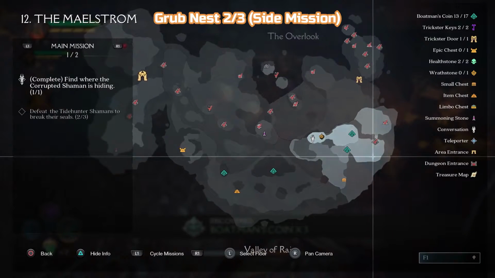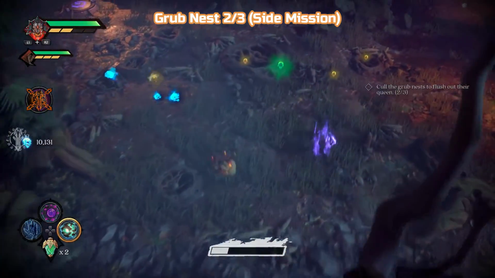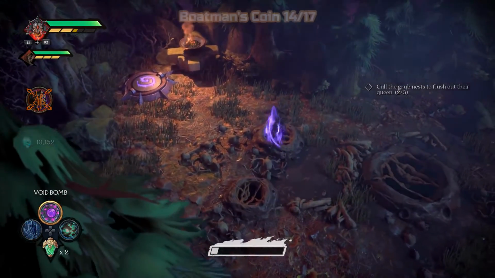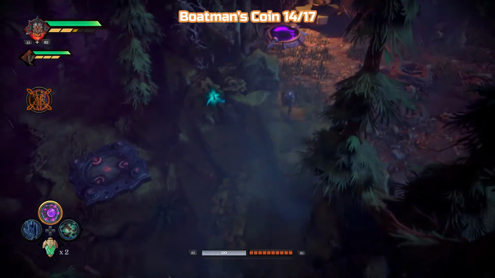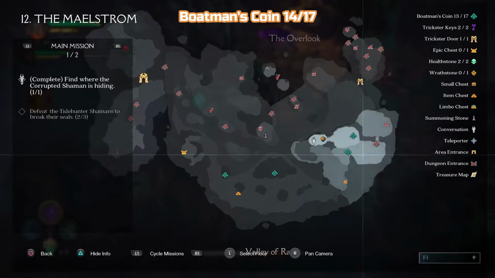Bigger grubs in this one this time. Well, I think there's a mixture. There you go. That's 2 of 3. Now we're going to do the second puzzle for this area. Obviously you can see it's a portal one. We're just going to get a coin on the way round. So you need to get that portal first, and then we're going to make our way round in a pretty